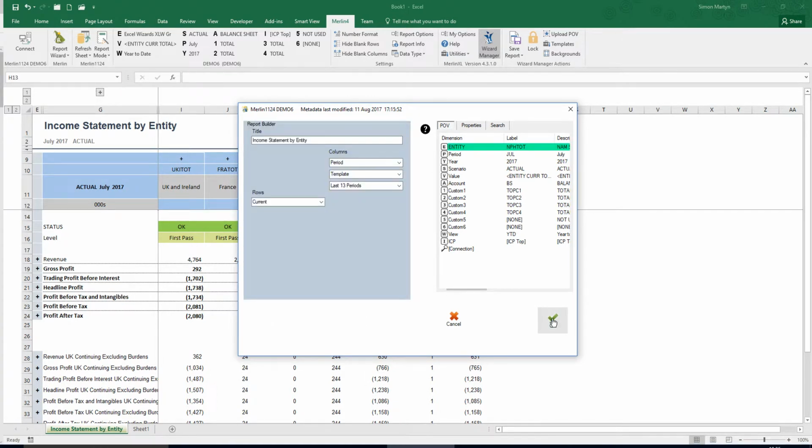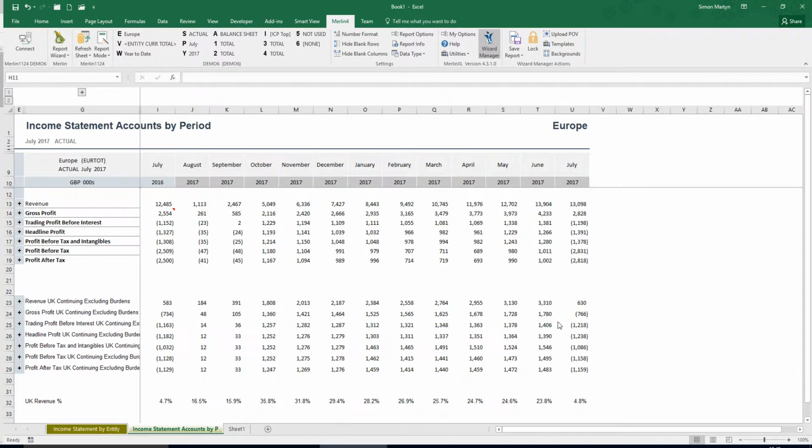But before building the report, we'll just modify the description. And now when we select OK, we'll build a new report using the rows from the current report, but with a new set of columns. So using the report builder, it's very easy to reuse rows or columns from existing reports to help us build